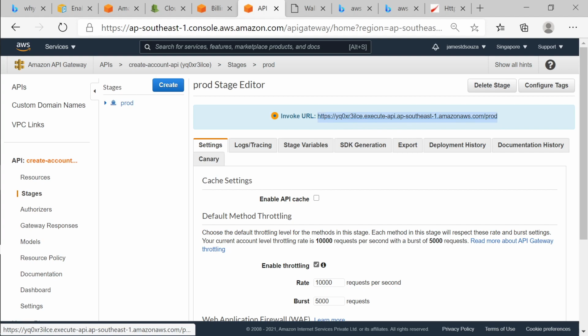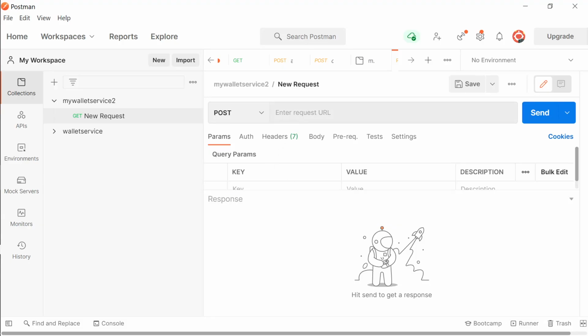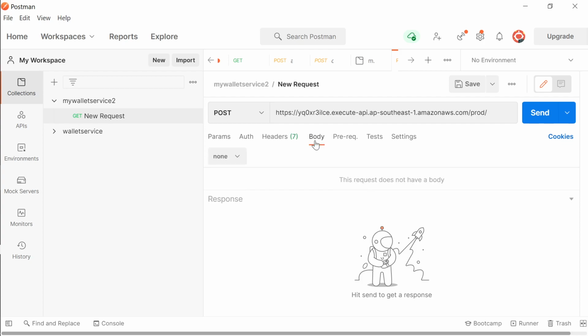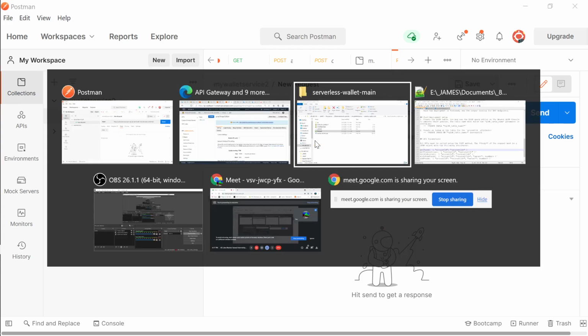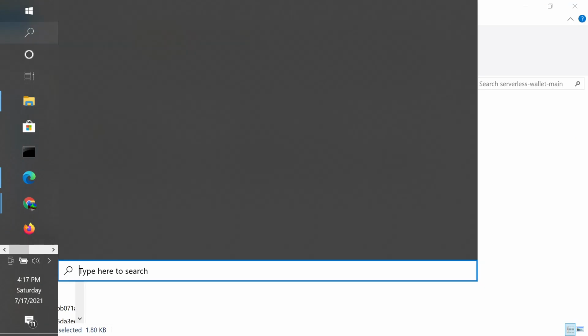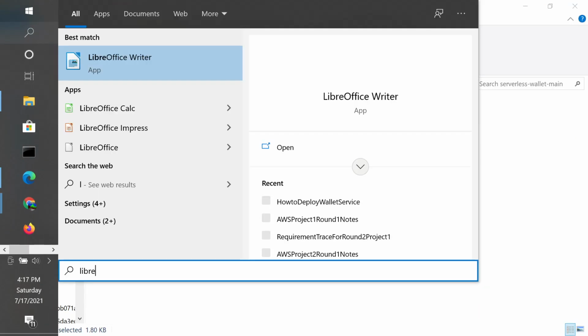I take this link and say this is the URL I want, and then I put a slash in the front. I don't know if it will work without a slash, but I'm putting a slash over here. And the body, what will the body be? I have already said what the body should be.